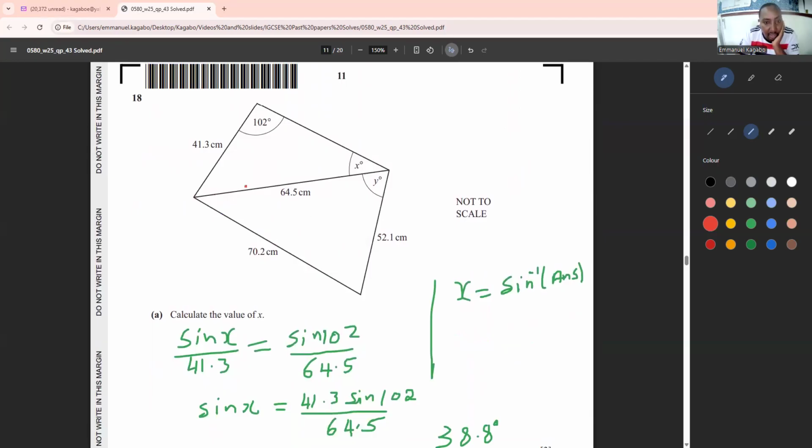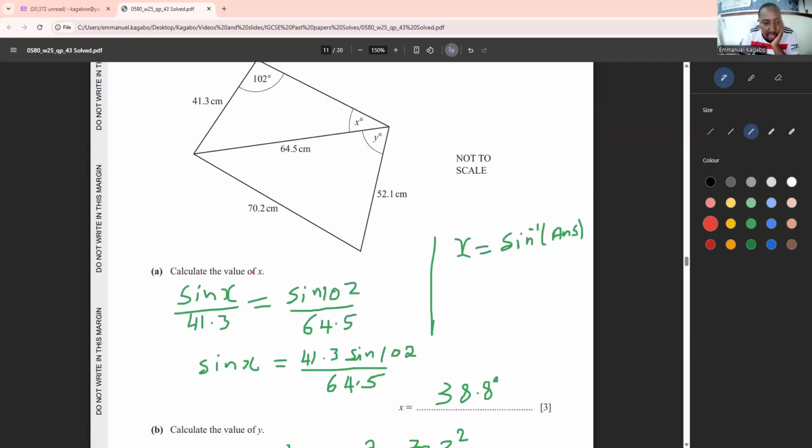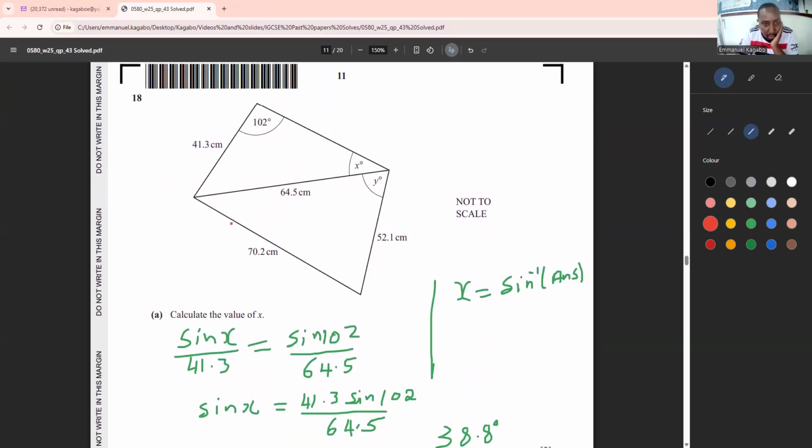Question 18 is about trigonometry, sine rule and cosine rule. The first one is going to be sine rule because they're asking you the value of x. And when you check in this triangle, you have two sides looking for the second angle. That will be sine rule. So sine x over the side opposite to that should be the same as sine of this angle over this one. Do you get that? This side